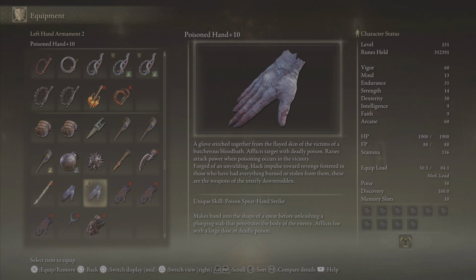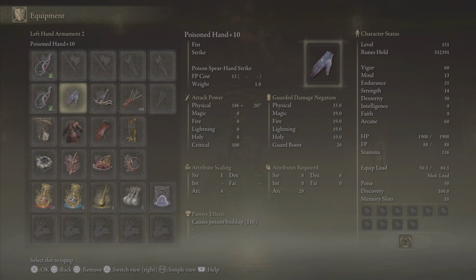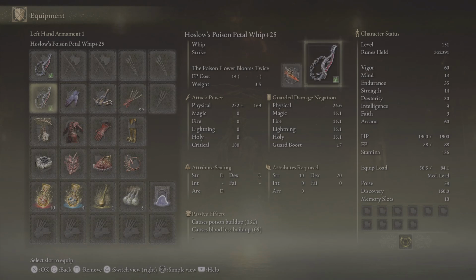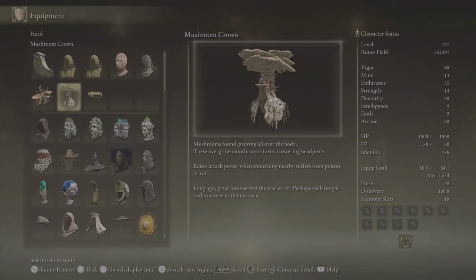So when you are fighting bosses or fighting through the enemies, every time you get poison to proc, just switch the Petal Whip from your left hand to the Poison Hand, and then you just have to spam the Poison Flower Blooms Twice, and you'll be doing an extreme amount of damage, not only because of the boost from the hand, which now is in your left hand because you swapped weapon, but also because we have the Mushroom Crown, and the effect of the Mushroom Crown is, again, raises attack power when something nearby suffers from poison or rot,